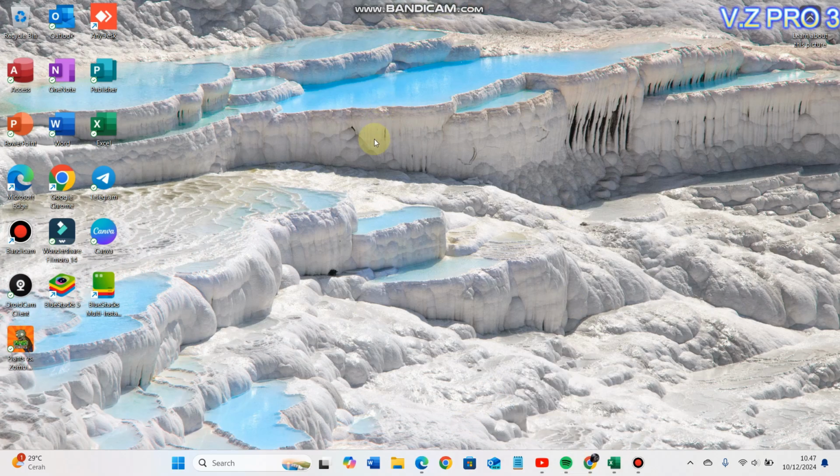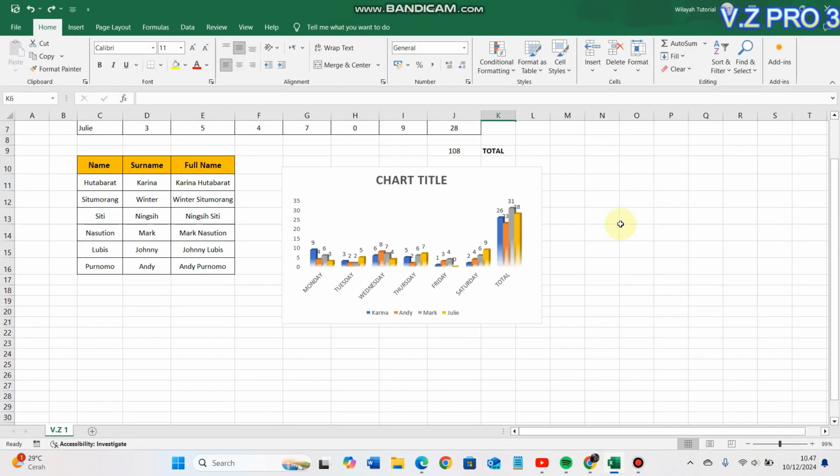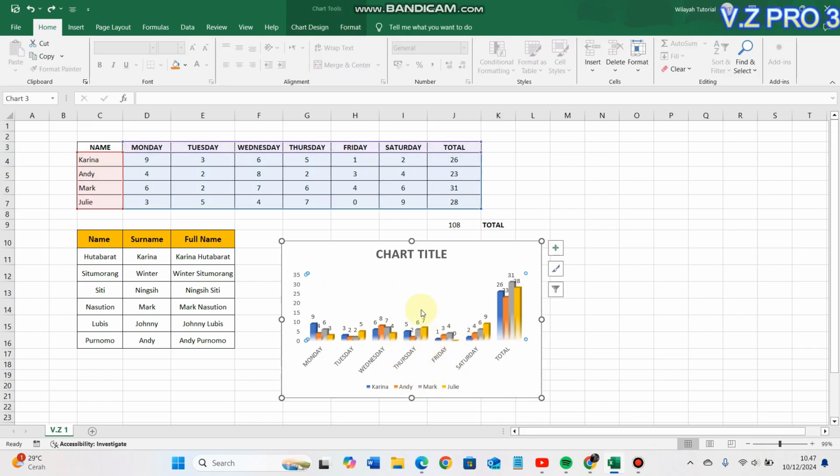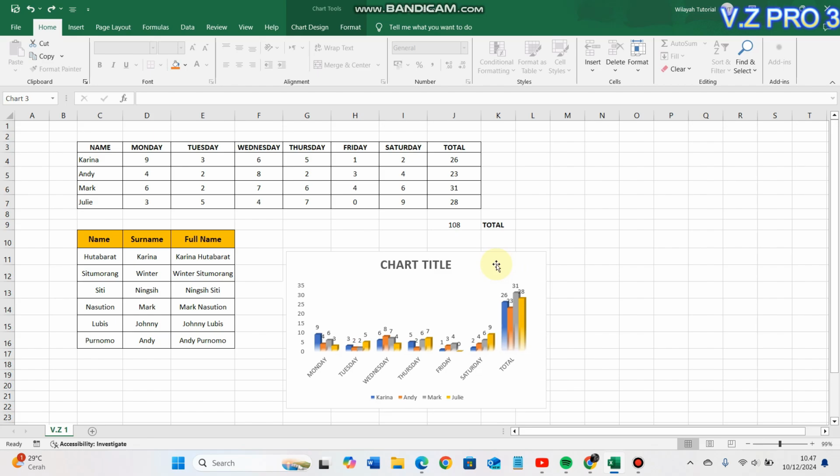So first, all you need to do, of course, is open our Excel. Now, as you can see, I have a chart in my Excel here. If you want to delete it, you can just click on the chart. Now, you can just go to the chart format or chart design. You'll find there is an option